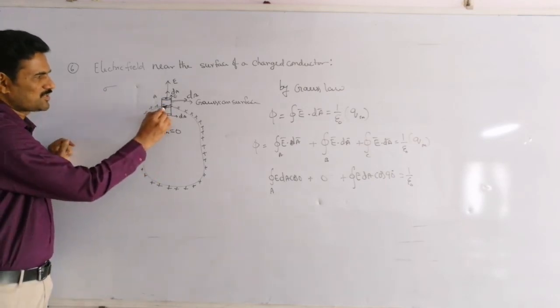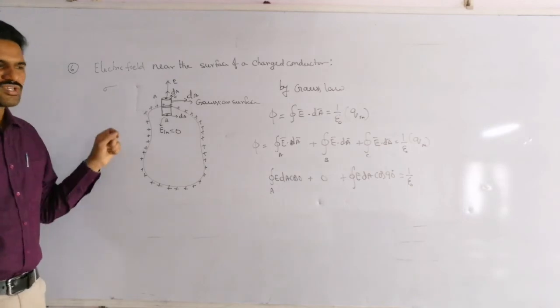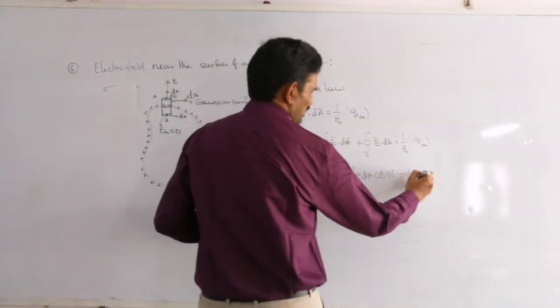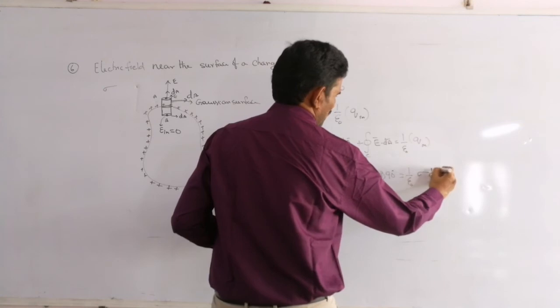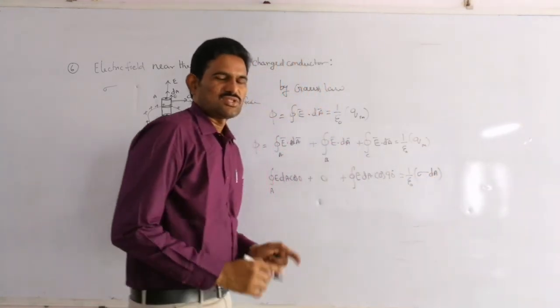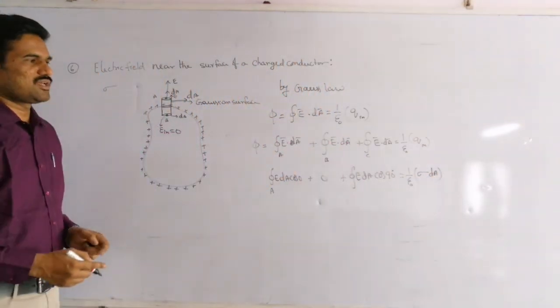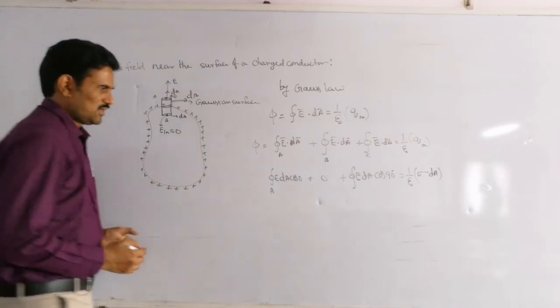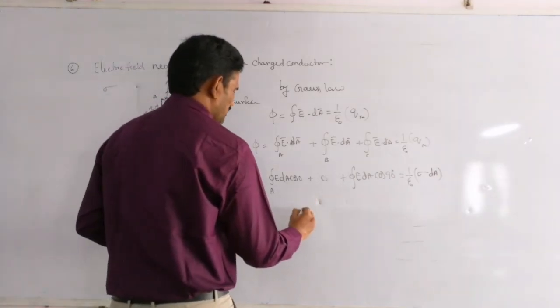That is nothing but the charge present in this area dA here. So the charge present on that surface dA we can write as sigma into dA, right? Charge into, that means charge density into area. That is the charge enclosed there. And now this value you can simplify as